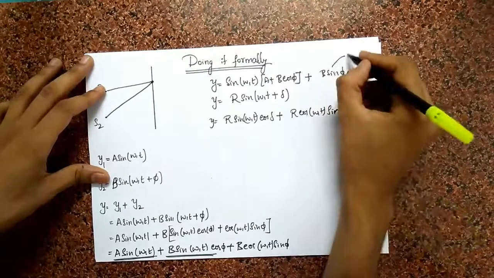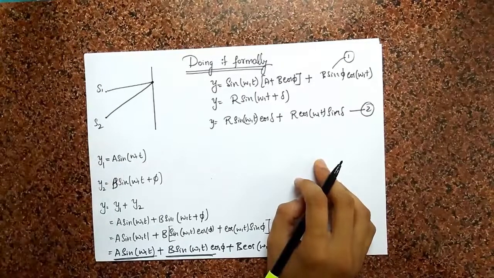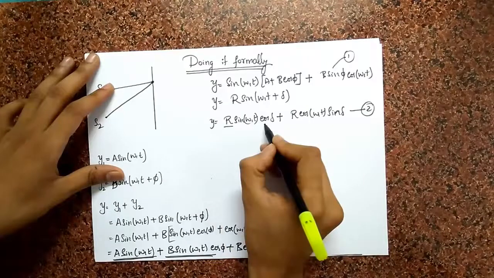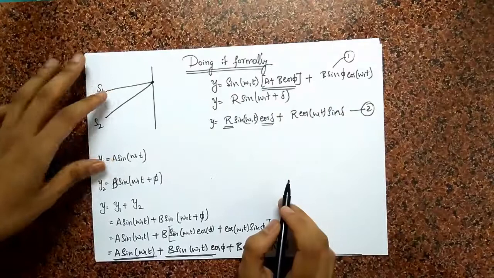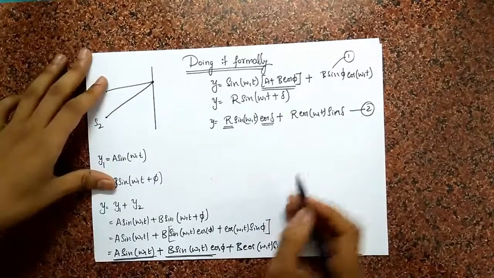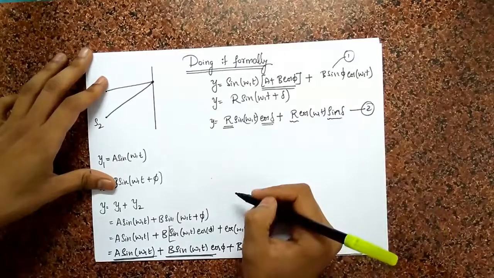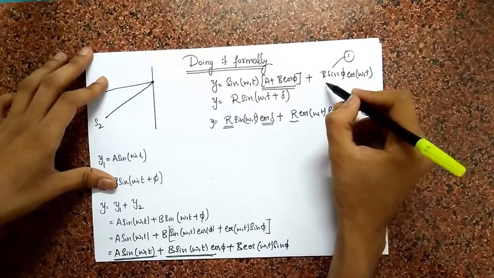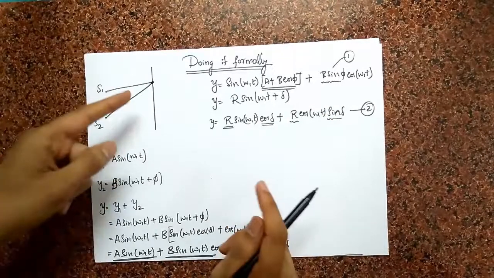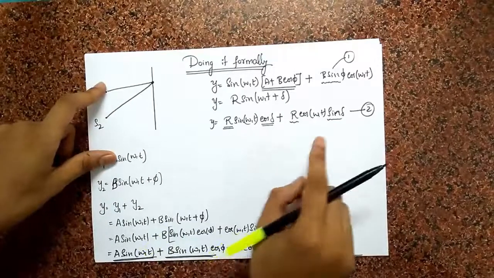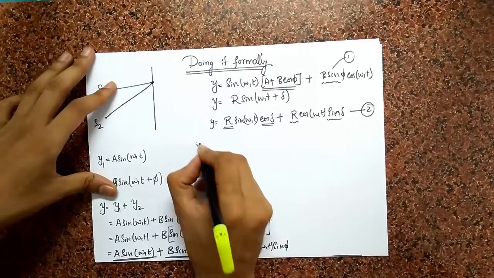And now I say, look, this is equation 1, this is equation 2, they have to be the same. If they have to be the same, then r cos delta must be this term. Yeah, they have to be equal. And over here, r sine delta must be equal to this term. So that is the condition that matches this, and using this condition I can calculate what r is and what delta is. So let's put down these conditions. So if 1 equals 2,